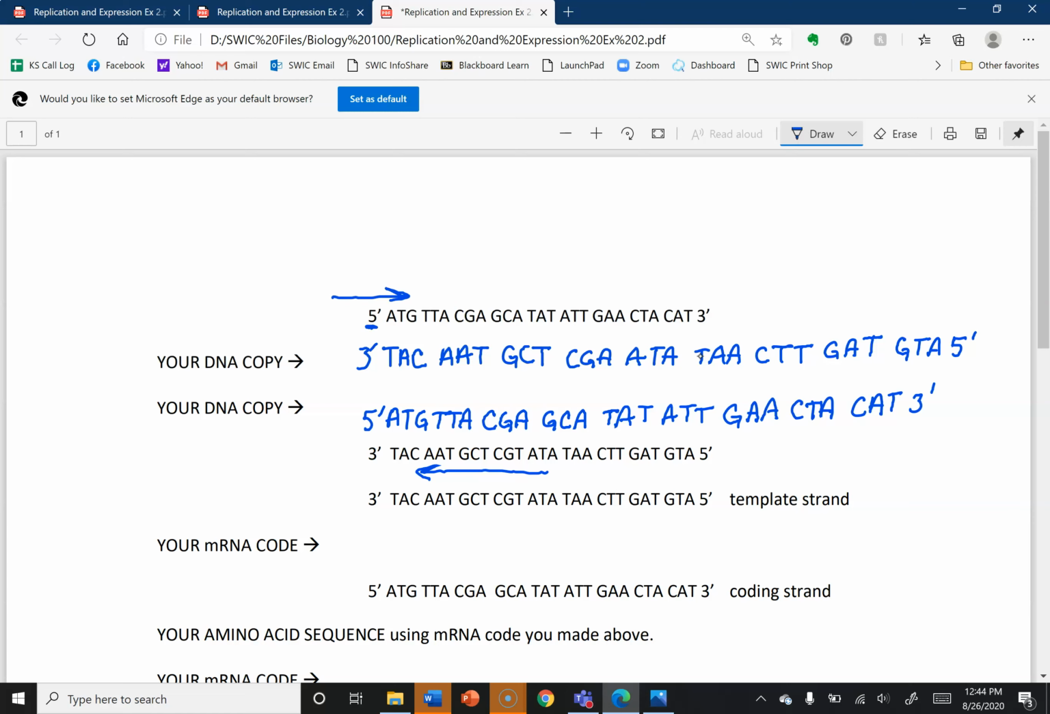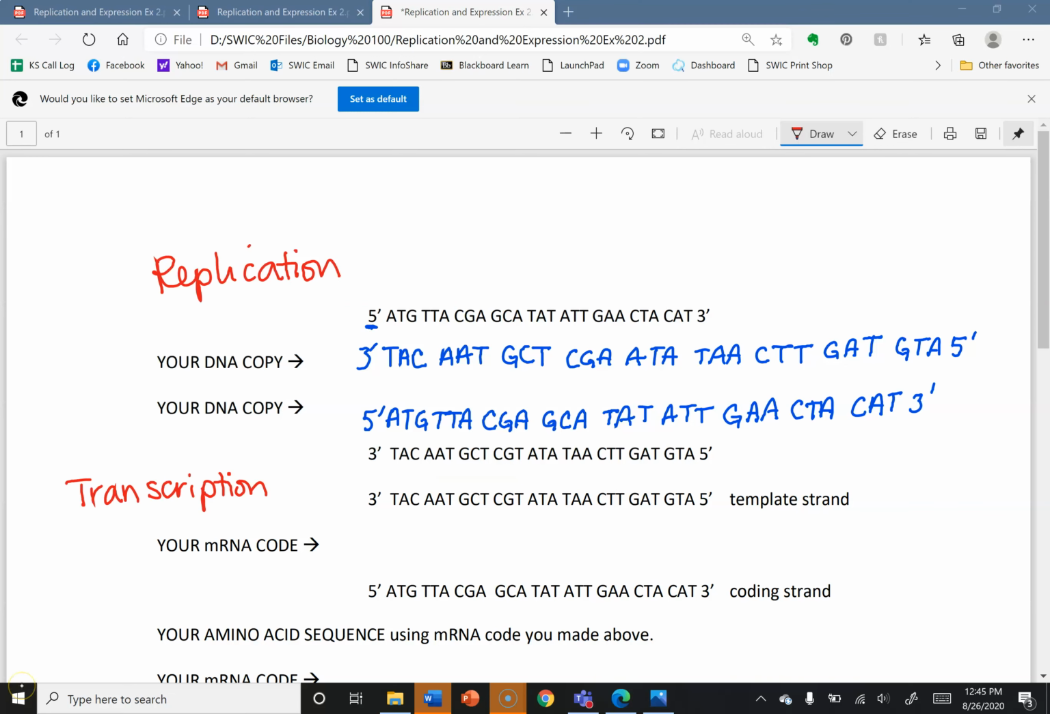Now if you look at this molecule and compare the strands, they should be the same. Assuming I didn't make any typographical errors, the top strand on this molecule should be the same as the top strand on this molecule. The bottom strand here should be the same as the bottom strand here. And if they are, you know that you have copied your DNA molecule correctly. So on the top there, we have DNA replication. Let's move on to